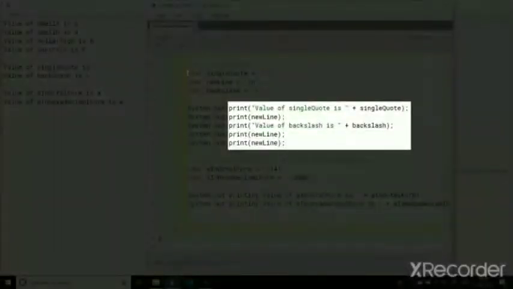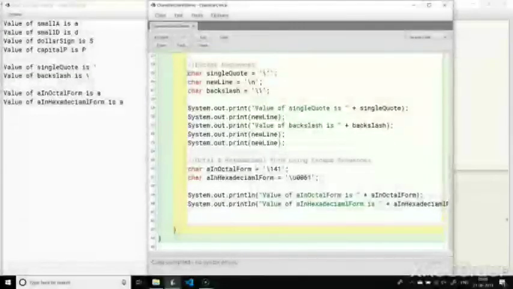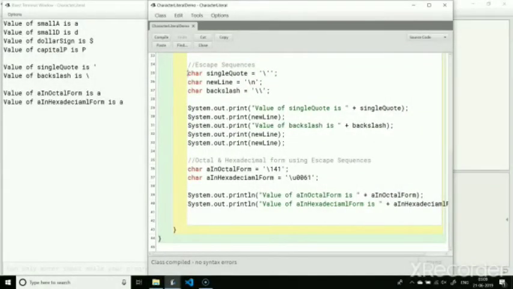Notice that we used print and not println in this set of print statements. Still, the output appears as if it was printed using println statements. The reason is this new line char variable. We are printing this after single quote and backslash. New line character doesn't have a graphical representation of itself. It makes the next output start on a new line. Println statements add the new line character after every output. Here we are simulating println by printing the new line characters ourselves with the help of its escape sequence.